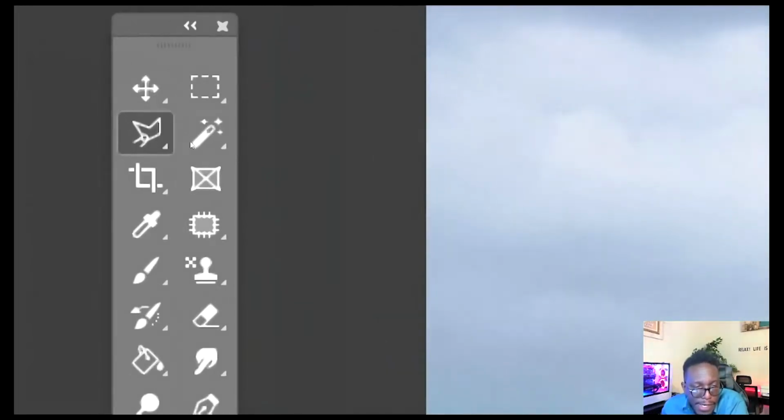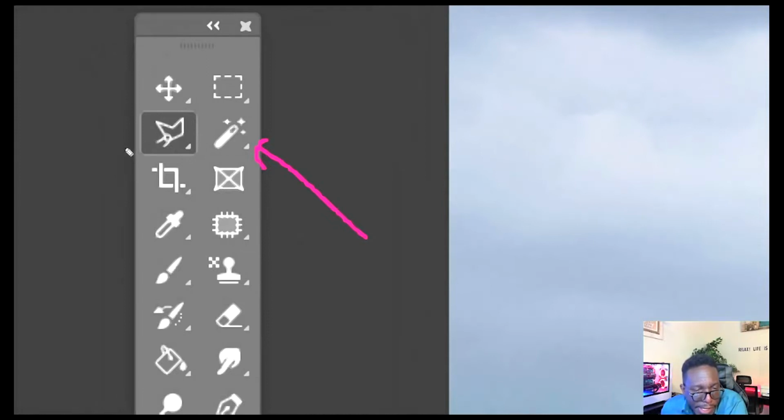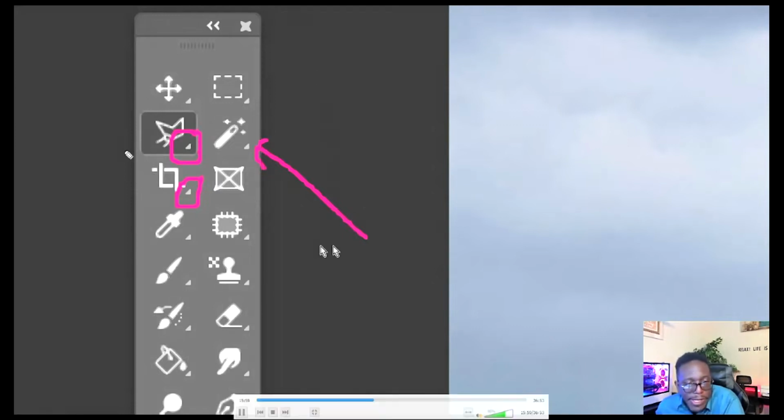For each of these tools, you notice there's a little triangular icon right there. You can see it again here, and you can see it also on the lasso tool, right? Think of the lasso tool as a way to select something. We use the lasso tool to select an area that we want to manipulate or delete or change in some way. Now these little triangles tell